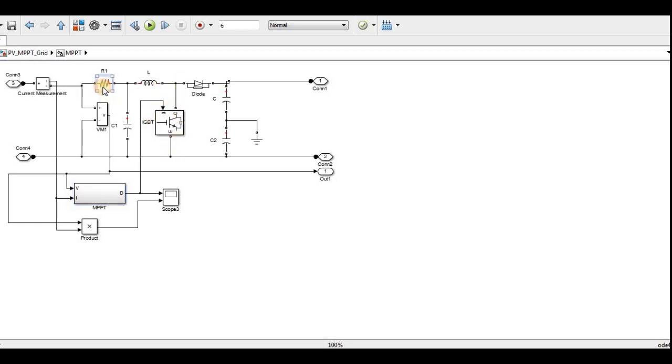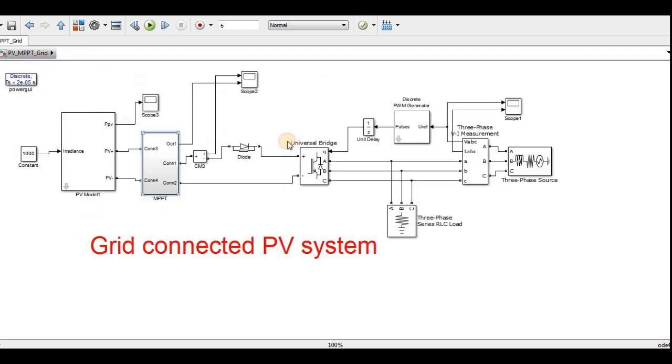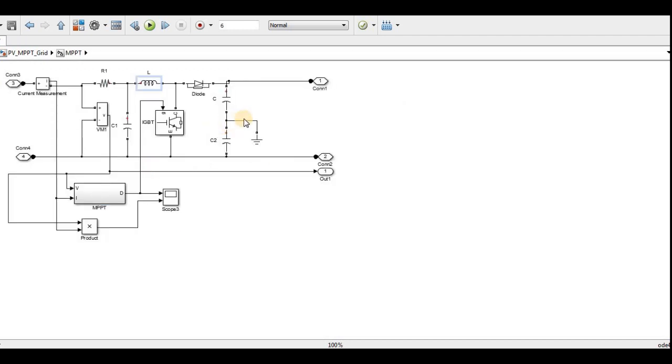and this is the basic boost converter, and this is a small resistance I considered, and these are the L and C values. Here I took the point between two capacitors as ground, because I want to regulate the phase RMS voltages, so I considered ground here, but it is not required actually.